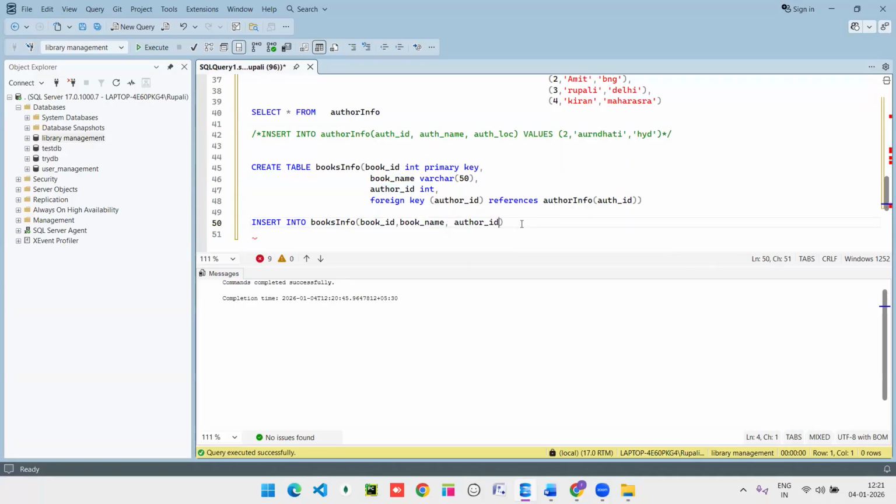And the values. Values will be, what are the book information IDs? Sorry, book ID. Suppose 101, and my book name is, suppose, Java,